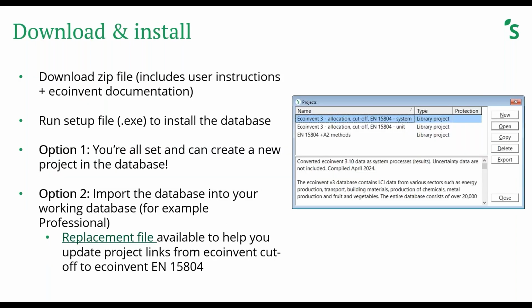Once you purchase the data, we provide you with a unique link where you can download the data, and the file also includes the relevant ecoinvent report in terms of background documentation, in addition to extensive user instructions. So it's not only about downloading and installing, but it also includes more information about the method that's included, and some of the modeling tips, which Harry will also cover in this webinar.